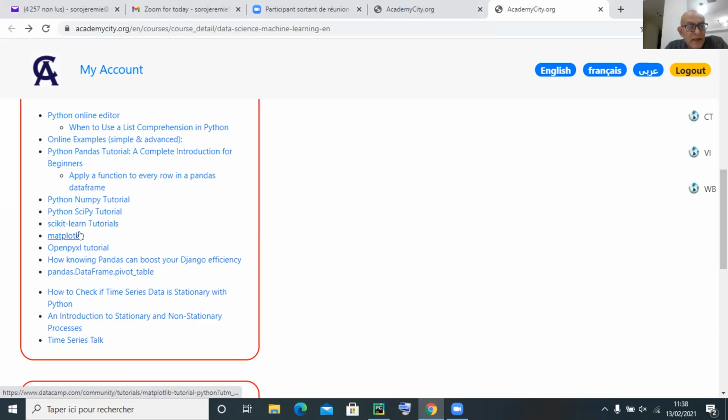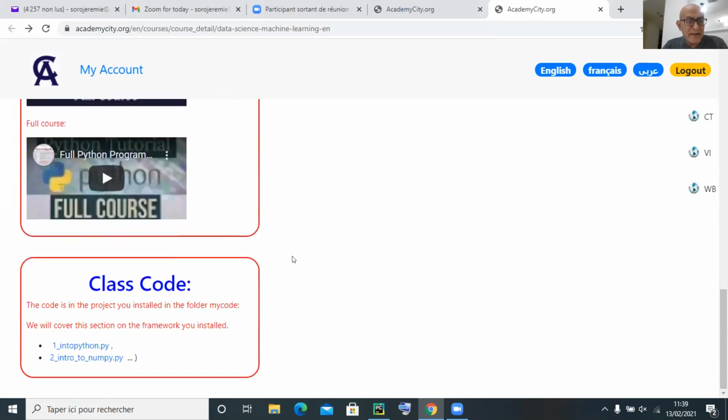Scikit, Matplotlib. This is for plotting. Excellent stuff that I added for you. This is for handling Excel. We will learn about this library. How do we read stuff from Excel? And we'll see. It's good knowledge. It's basic stuff so you can get going. You can't just start from nothing. You have to pull data. Those are excellent tutorials that I added for you, but I summarized the important ones and those courses I mentioned. In the bottom, this we already covered. I'm going to click here